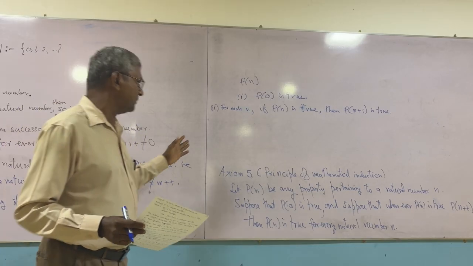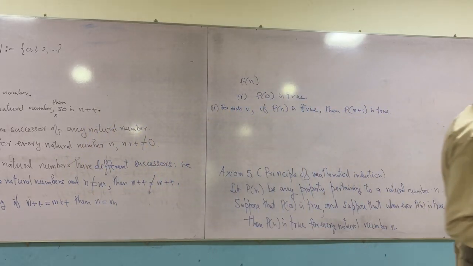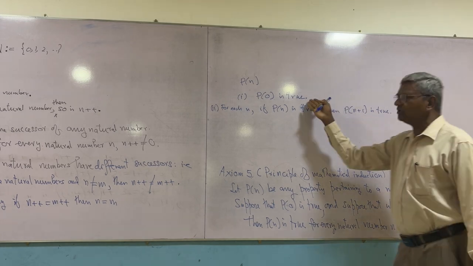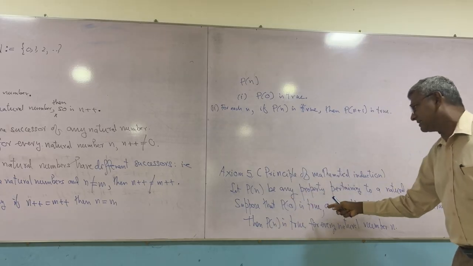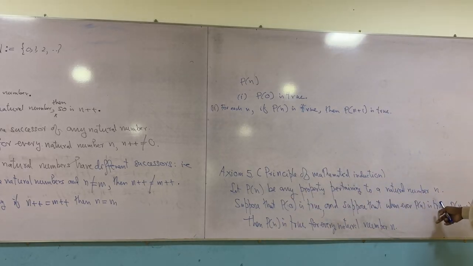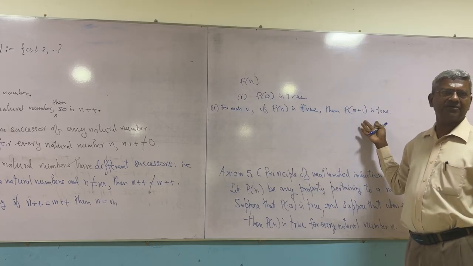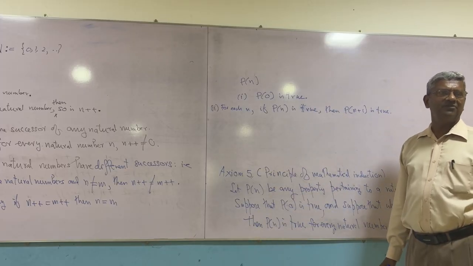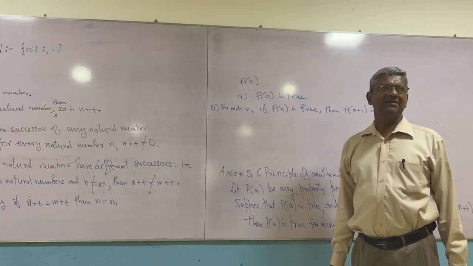But you have to see the power of this principle. There are infinitely many statements to be proved. Can we do it in our lifetime? No. But this principle says, prove the first one is correct. Then it says, take any number; whenever Pn is true, that means for any n, if Pn is true, then Pn plus plus is true. Then the conclusion is all of them are true. Very, very powerful one. That's why I have written a book. Very powerful.